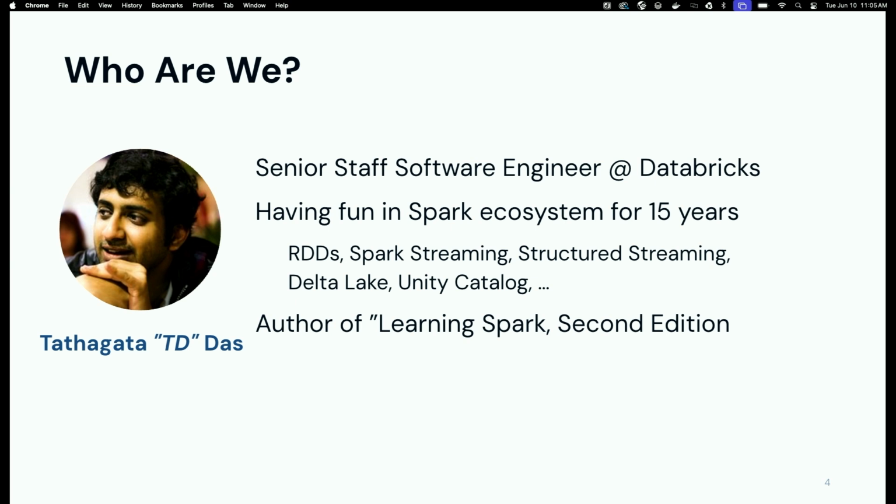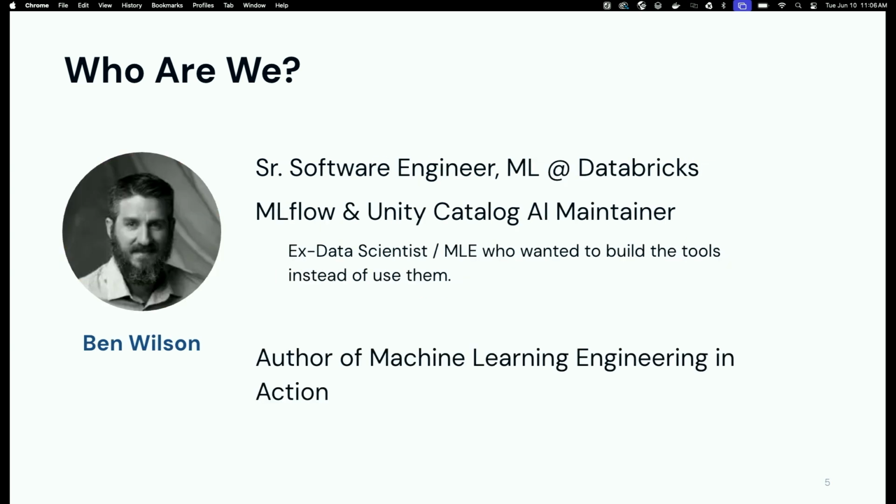So, to introduce myself, I'm an engineer at Databricks. I have been working on the Spark ecosystem for a long time. From RDDs, Spark streaming, structured streaming, Delta Lake, I have been involved with all of them since their beginning, and now also with Unity Catalog. I'm Ben. I'm one of the core MLflow maintainers. It's usually nothing to do with Unity Catalog, but we also do open source support for ML packages at Databricks. And one of the packages that we support is Unity Catalog AI, which I'll talk about a little bit throughout